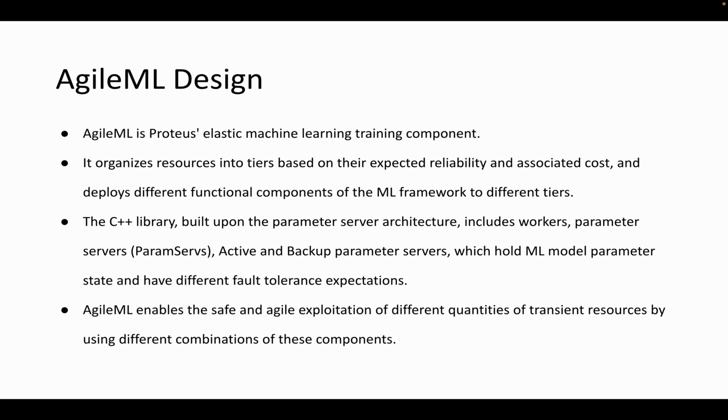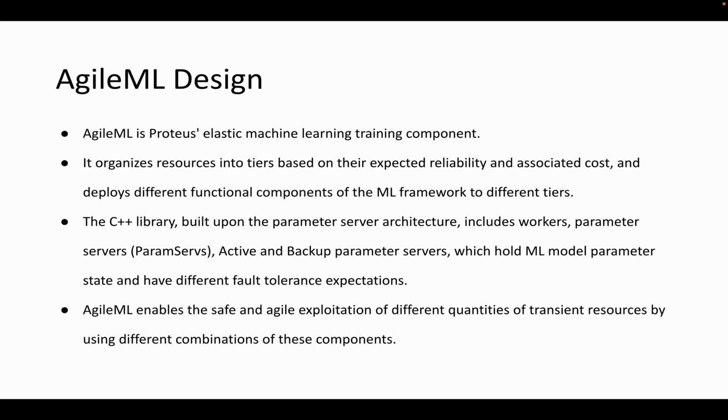So this paper revolves around Proteus. Proteus basically has two components. One is AgileML and another is BitBrain. First we'll discuss AgileML, and then we'll look at BitBrain at a later stage. If you observe, AgileML is basically a machine learning training component. It handles the training part of the machine learning algorithms, and it tries to run that process in parallel and optimally